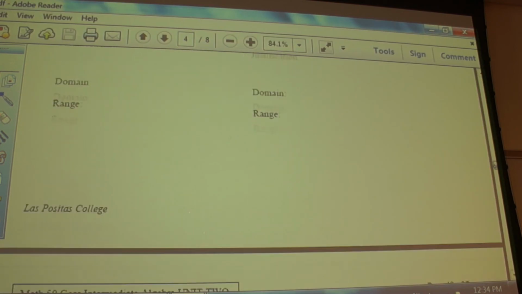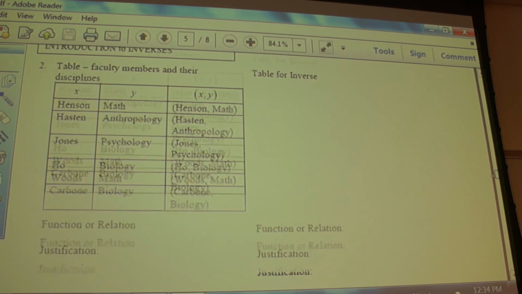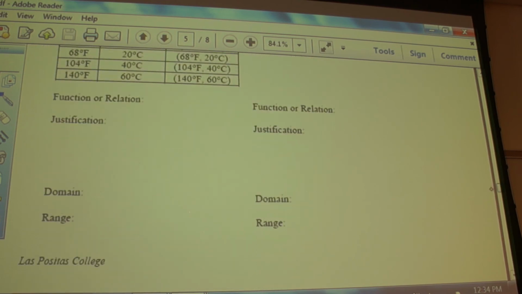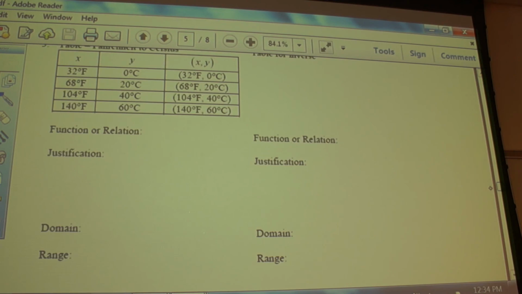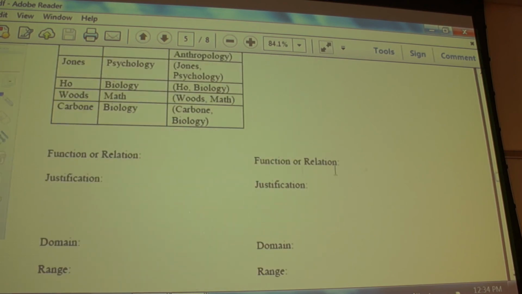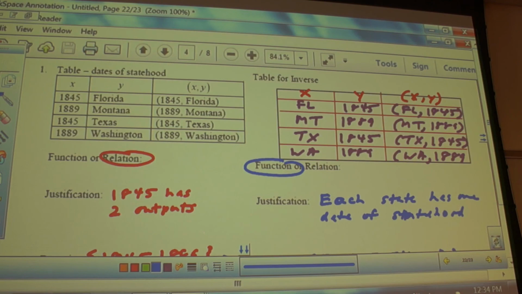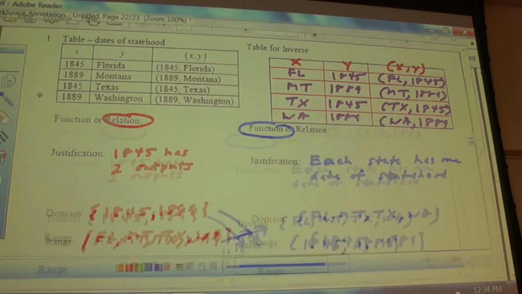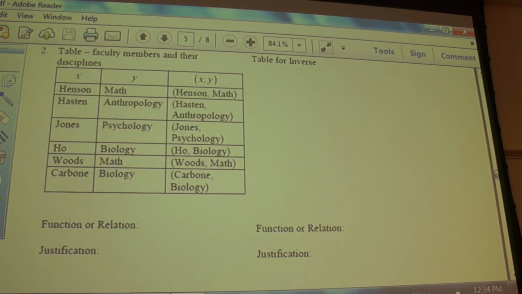Great, so now you guys keep it. You guys are going to do the next two, 2 and 3. So you guys are going to do this one, faculty members in the disciplines. So for example, Ms. Henson teaches math. Mrs. Woods teaches math. So think about whether, you know,